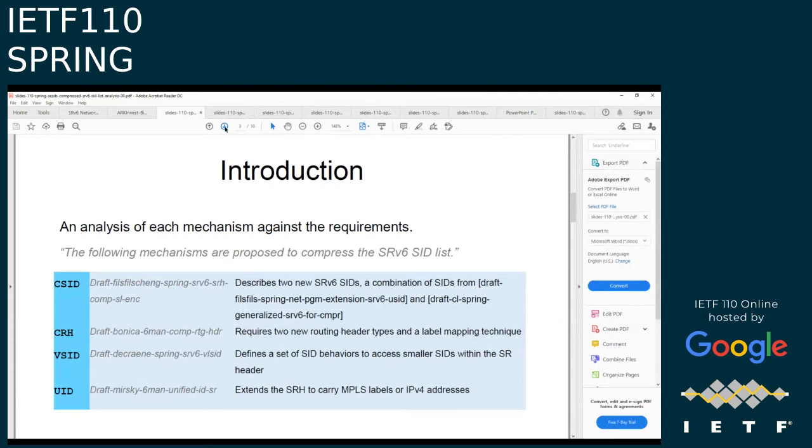The analysis draft, in fact, is based on the basic input from the requirement draft. About one month ago, we solicited proposals in Spring Working Group and 6man working group for two weeks. Finally, we decided to analyze the